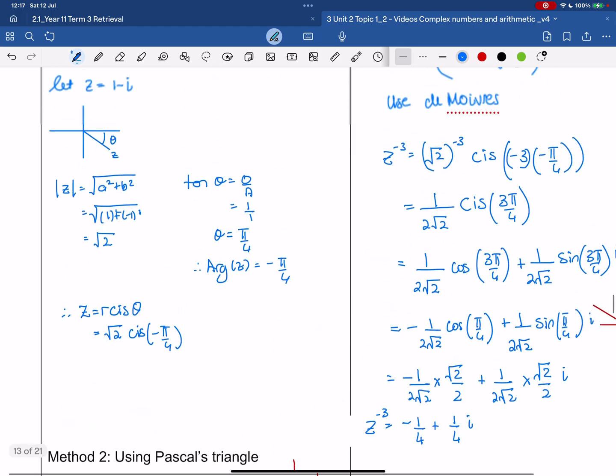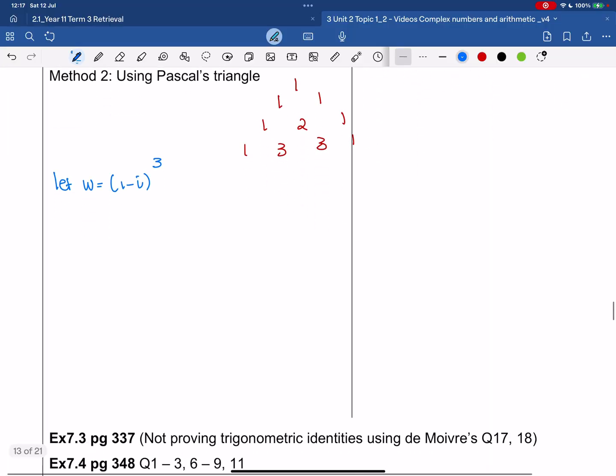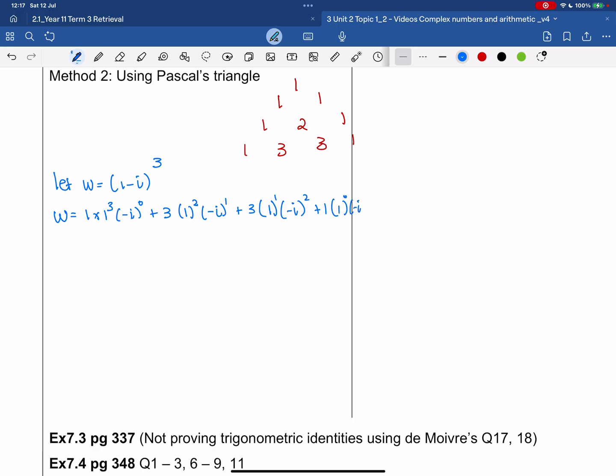Because what I'm going to do, if you have a look here, it's 1 over 1 minus i to the power of 3. Okay, so then we're going to say w is going to be 1 times 1 cubed times negative i to the 0 plus 3 times 1 squared times negative i to the 1 plus 3 times 1 to the 1 times negative i squared plus 1 times 1 to the 0 times negative i cubed,